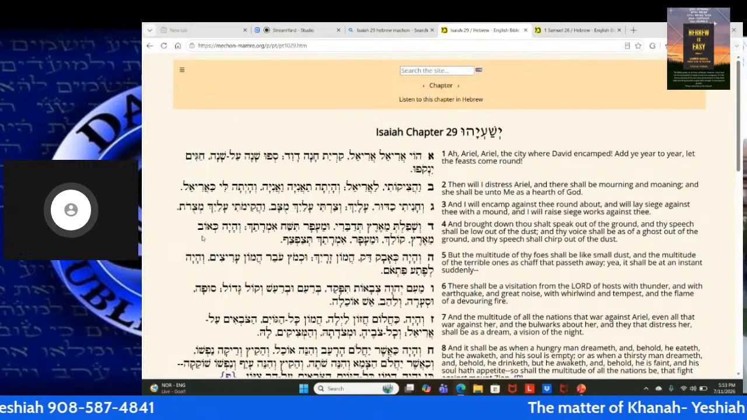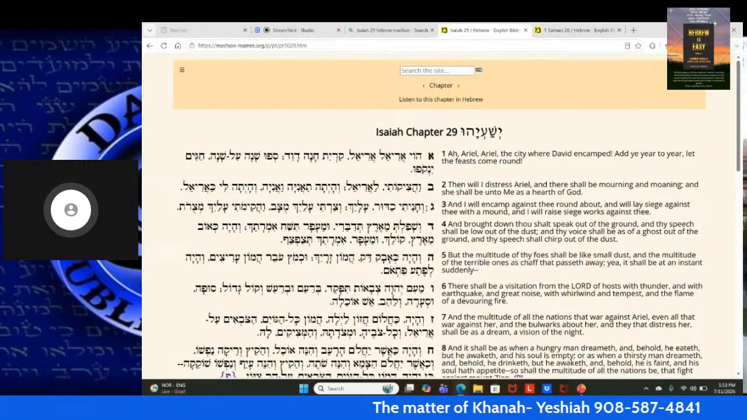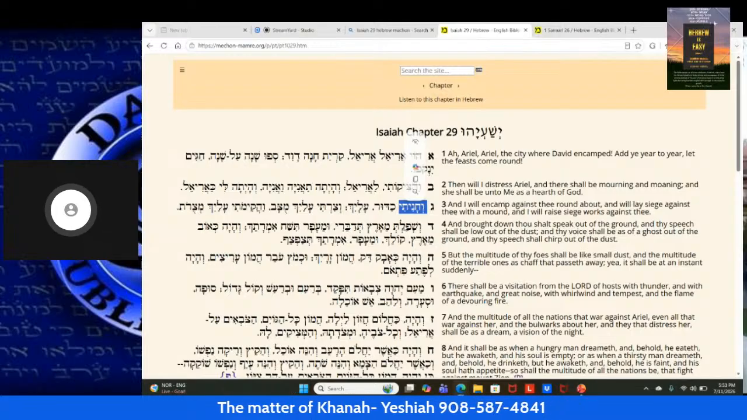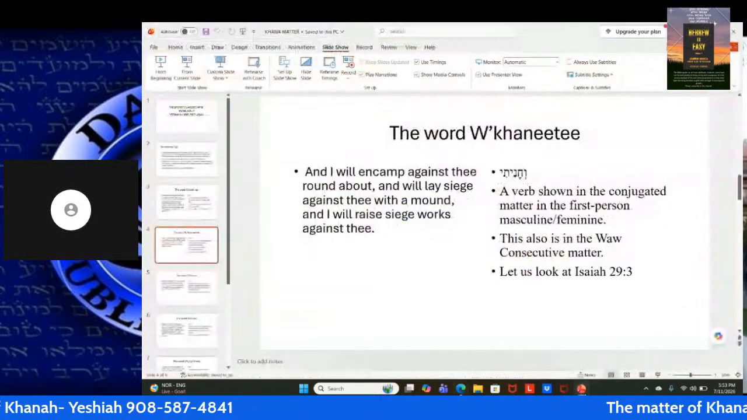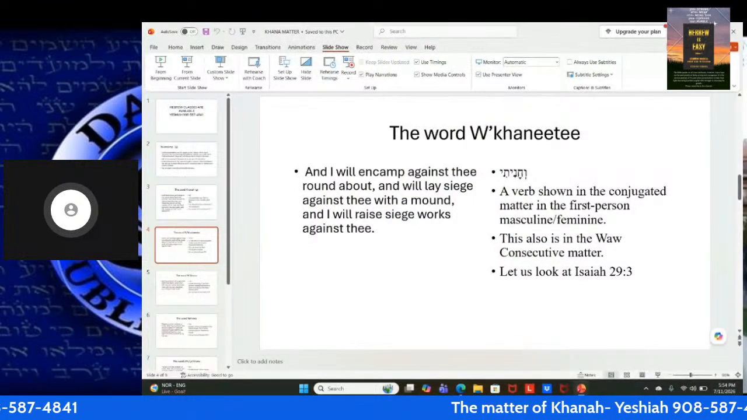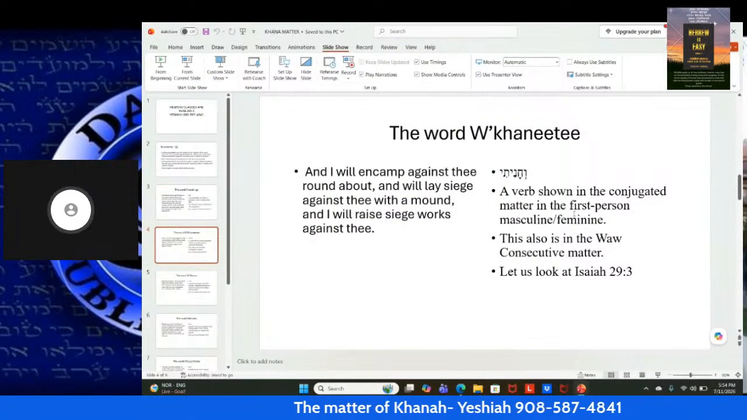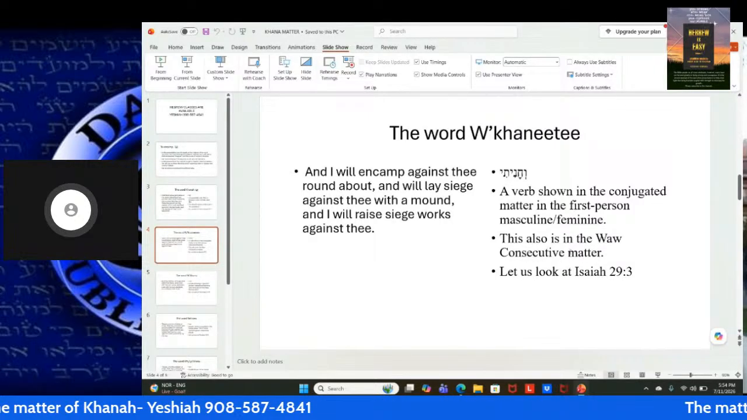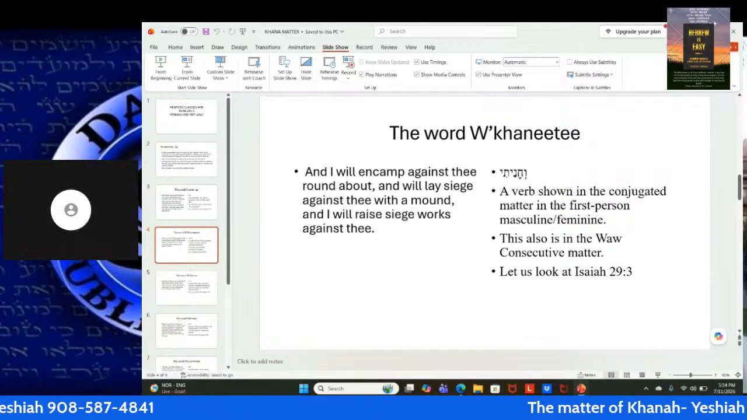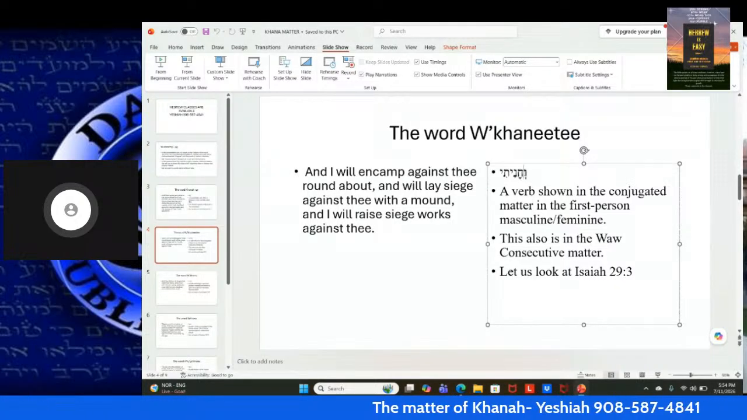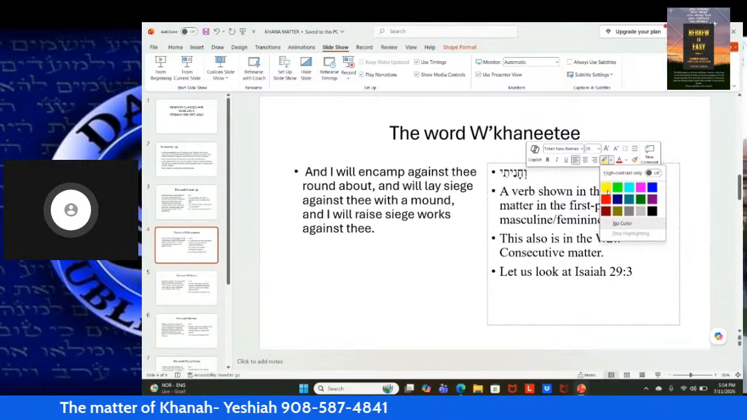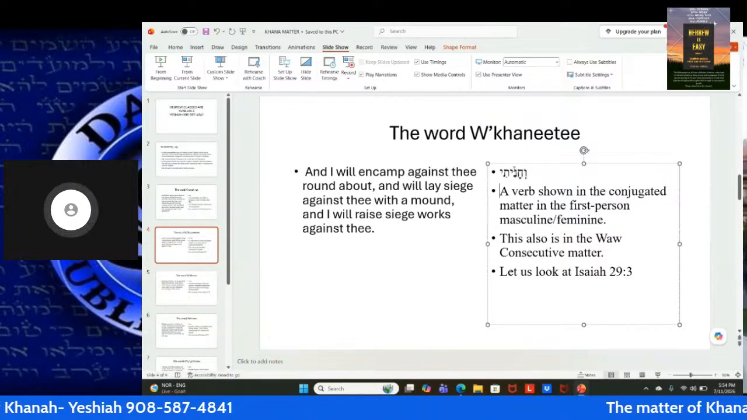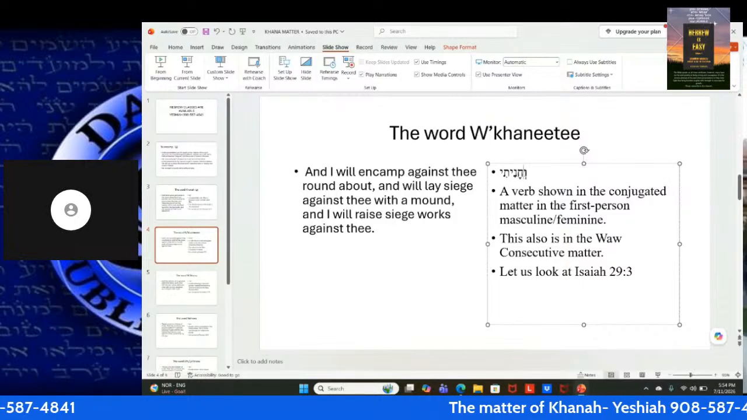So now let's look at this, family. The word we want to focus on is this word here, wakaniti. Now, what do we see and ascertain in this particular one? It says a verb shown in the conjugated matter in the first person masculine or feminine. This is also in a vav consecutive matter. What do we mean by that? Remember, Hebrew goes right to left. If you were to color that in the background as yellow, or better yet,